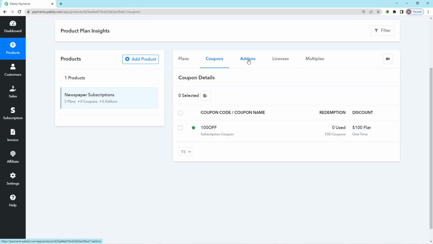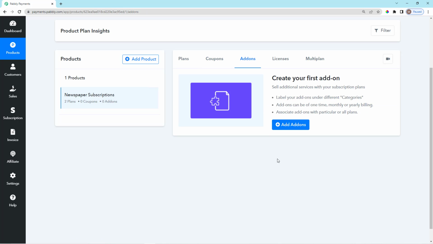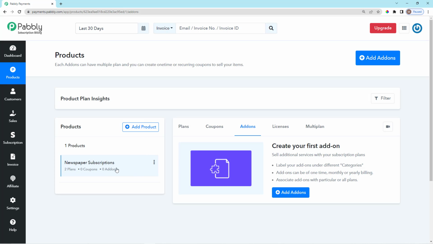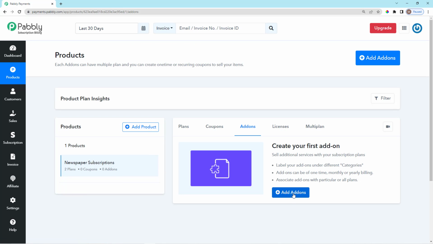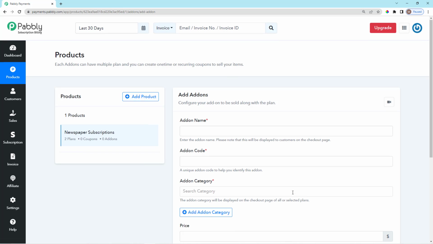Now we'll discuss another option, that is add-ons. Now let's say with our newspaper subscription service, that's the per month plan, we also sell a monthly magazine for which we're going to charge our customers a recurring fee. So let's add an additional service. For that, click on add add-ons. And here we need to add the add-on name. So we're going to add the add-on name as